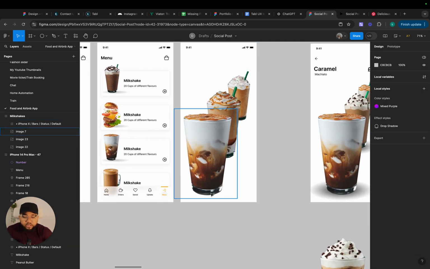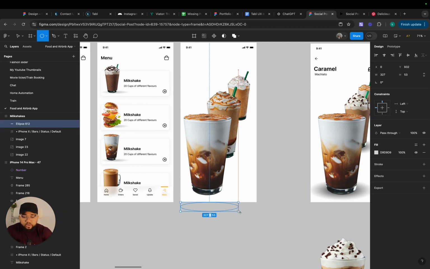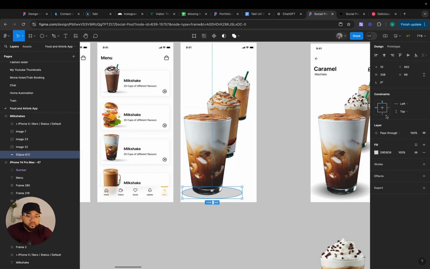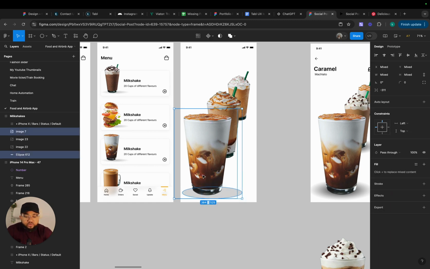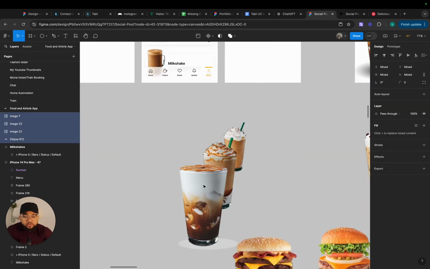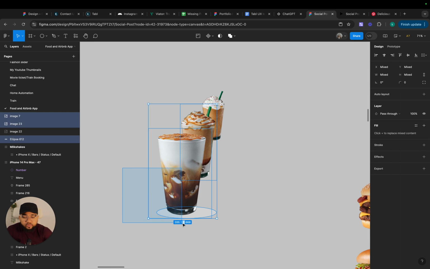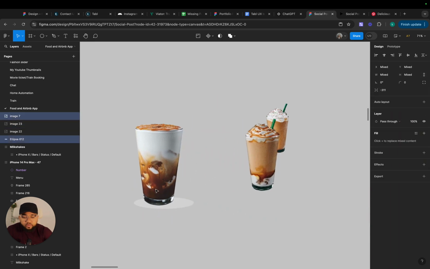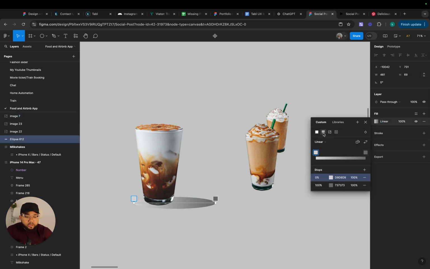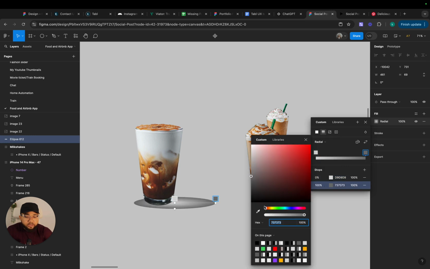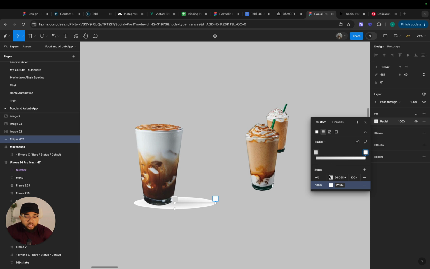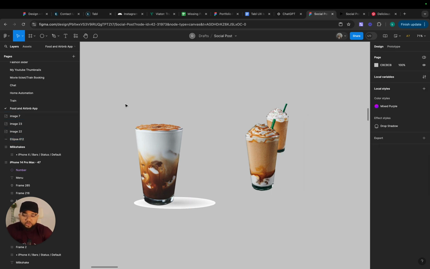I'm going to show you how. Let's just do this one first. So the same way we actually did the other one, send it to the back. Ideally, the best thing to do is to actually do everything at once. So we have this like this, come to this place, linear, set this to radial, set this to white, then set this one to something like this. So once you have this, you just frame